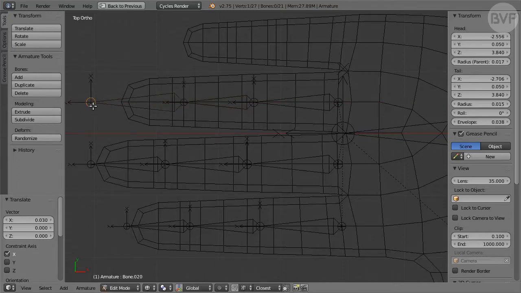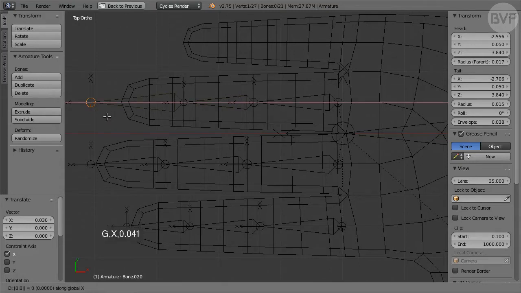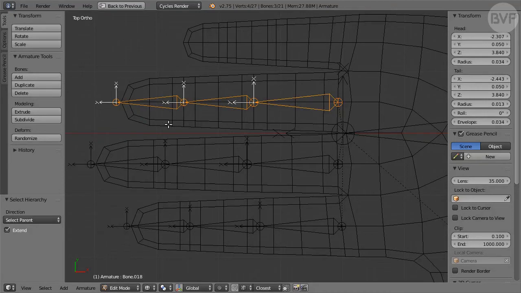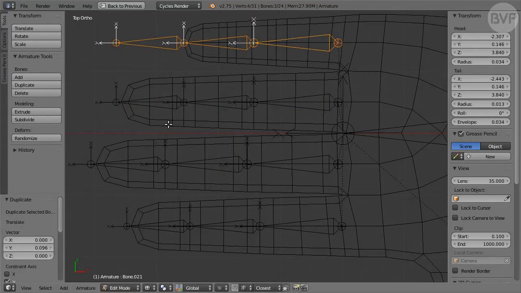Select the last tail ball and move it back with G followed by X, enter 0.041. Once again, press Shift and the left square bracket twice to select the finger structure, then duplicate and move it with Shift D followed by Y, enter 0.096. Then move it back with G followed by X, enter